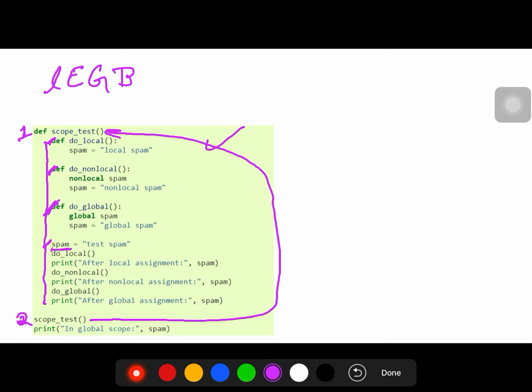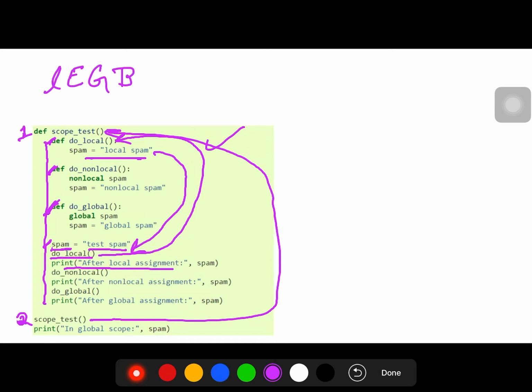Upon executing this statement, we will create a variable spam, which is local to the scope test, with the value test spam. Then we will make a call to do local. Do local creates its variable, local spam. Upon exiting, it will destroy its variable.